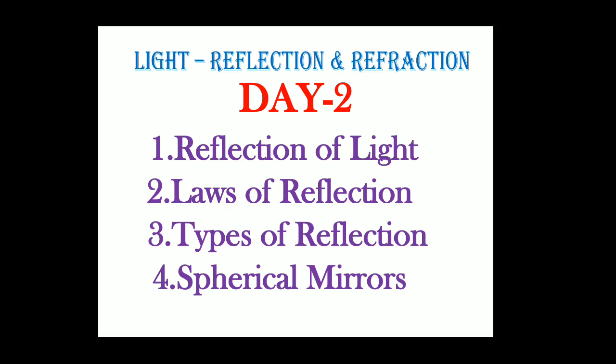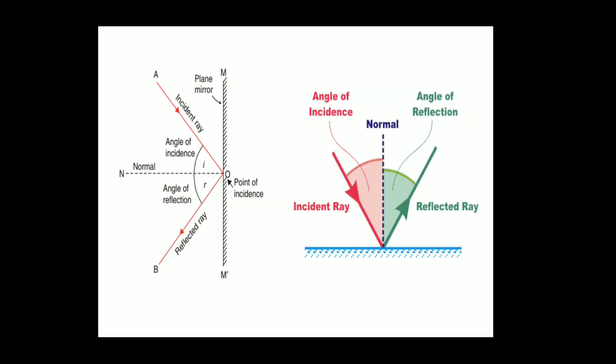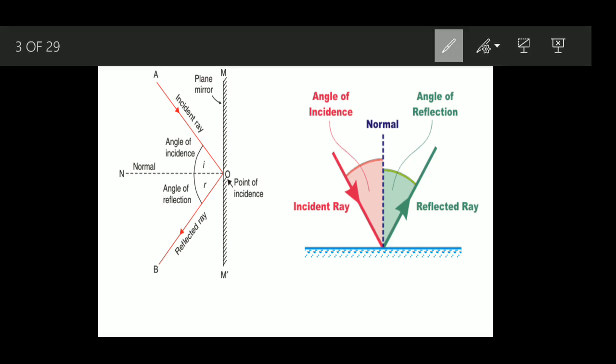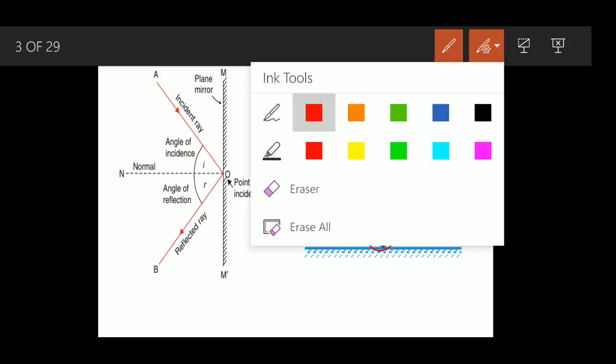As we studied yesterday, a little bit about reflection. Can you recall the diagram? The same diagram we studied: incident ray, reflected ray, normal. Can you recall? This is the incident ray. In the last class, one more thing we studied: ray and beam. So today we will take it in terms of a ray and study. This is an incident ray,